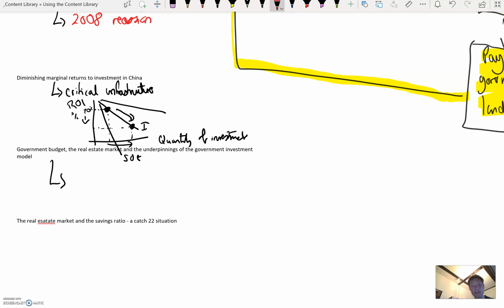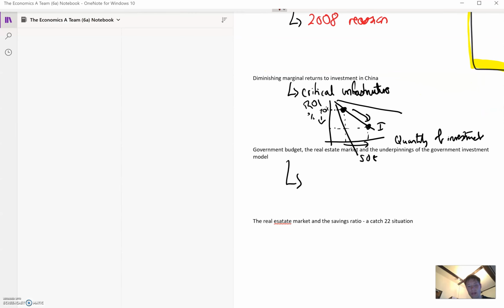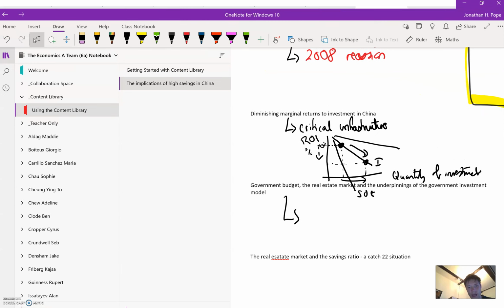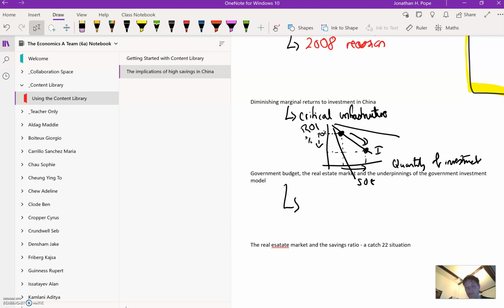So we find ourselves in a catch-22 situation where we have a savings ratio which is high and a real estate market which is booming. Those two things are driving each other, and driving this government investment model. As soon as any component of that collapses, we're going to see the need for individual private